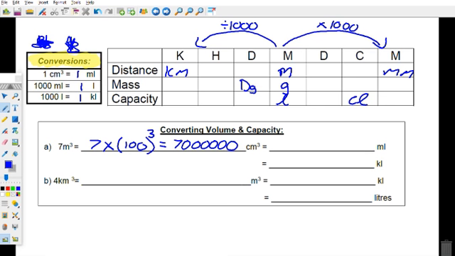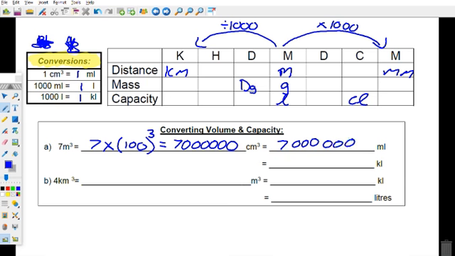Now have a look. 1 centimeter cubed is equal to 1 milliliter. So how many milliliters is 7 million centimeters cubed? It's 1 to 1, so it's exactly the same. So it's 7 million